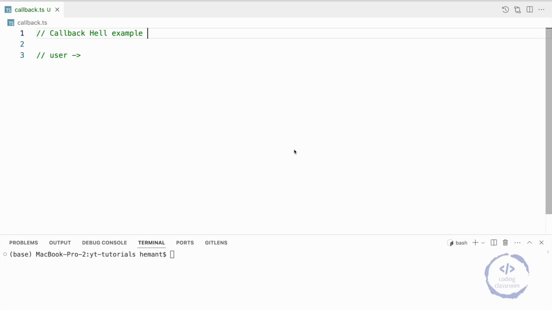Today we will learn about Callback Hell, which is also known as Pyramid of Doom. So, what is Callback Hell? Before learning that, we will learn about callbacks. I won't go very deeply into callbacks. So, callbacks are functions which are passed as arguments to other functions, which execute after an asynchronous operation